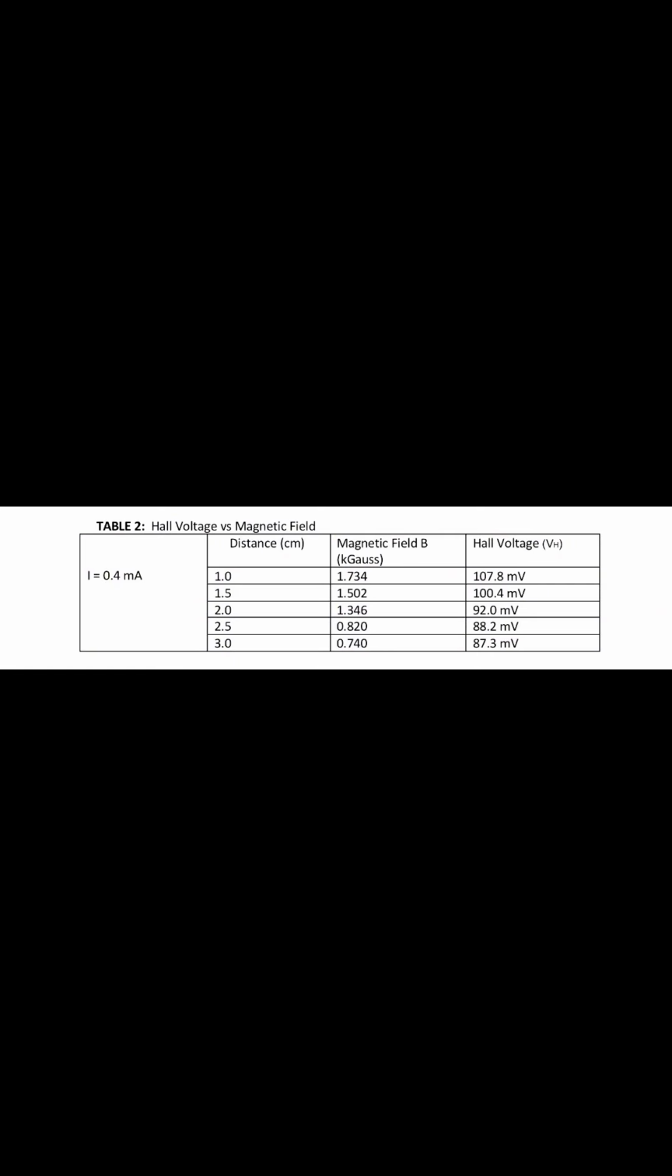From the second measurement in table 2 at 1.5 cm, the measured Hall voltage was 100.4 mV. Using the formula and assuming a Hall coefficient of 51 kΩ, the theoretical magnetic field was calculated to be 0.0492 kG. But the gasometer measurement at 1.5 cm was 1.502 kG, leading to a percentage error of